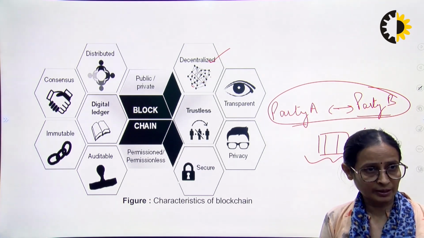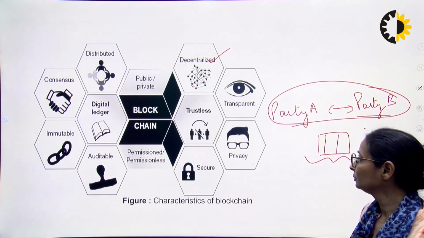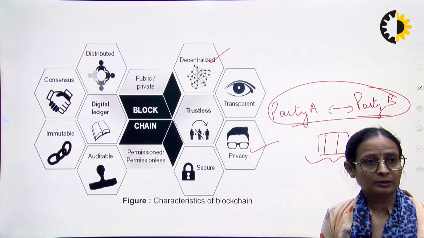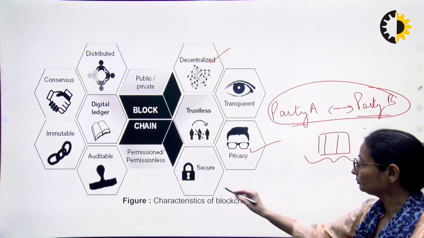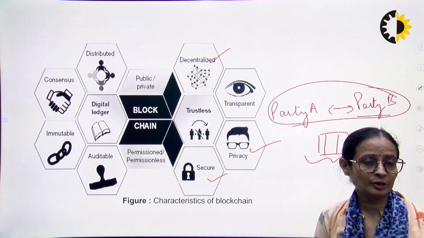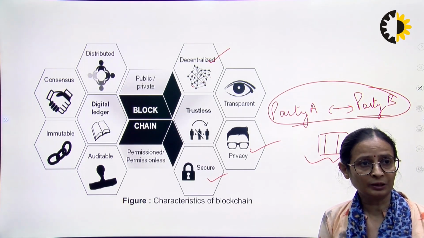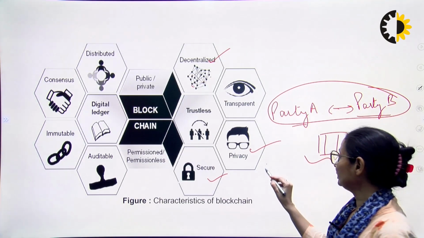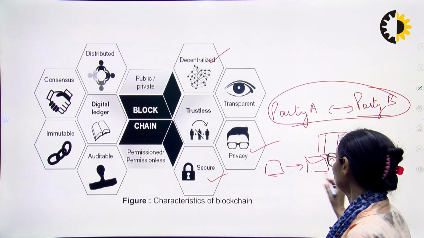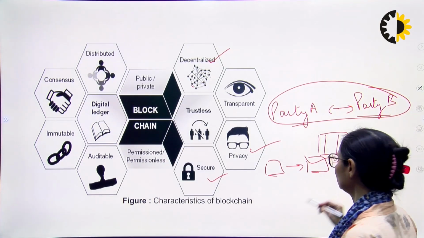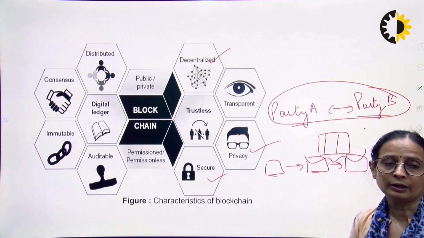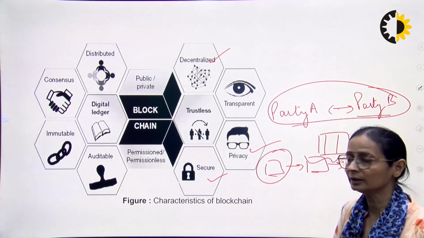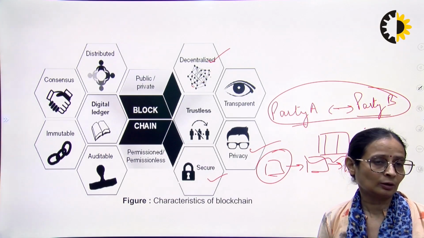Privacy is maintained. It is quite secure because we are using a hash function, with the help of which we keep the ledger as an immutable ledger. What it implies is that in a blockchain we can only grow the blockchain; we can add a transaction in a block, but we cannot update the transactions in a block. Once the block has been created, you cannot change its content.